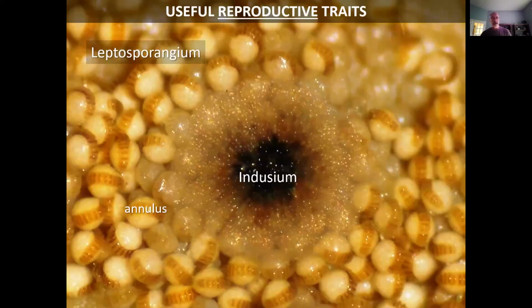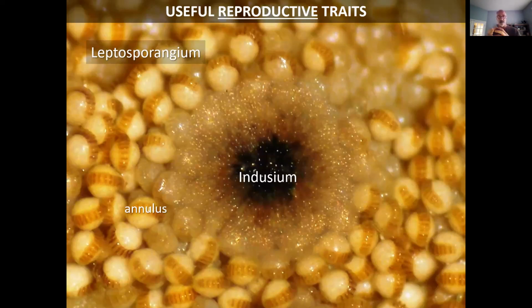Useful reproductive traits is that the polypod ferns have a very distinctive sporangium that reminds me of a lifesaver lollipop. If you remember the lollipops, and they have a ridge on them. If you're my age, you know what I'm talking about, the Tootsie Roll Center. That's what these remind me of anyway. There is a stalk on them, just like on the lollipop, and then there's this round structure at the top,